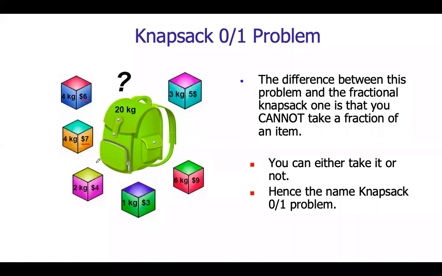We have to take out the maximum objects. It is not the maximum count of the objects, it is the maximum profit we get. You may select just 2 items, but those 2 items should fill the bag completely. The capacity of this bag is 20 kg. We have to pick the objects such that we make use of all 20 kg and our profit should be maximum. It is a maximization problem.